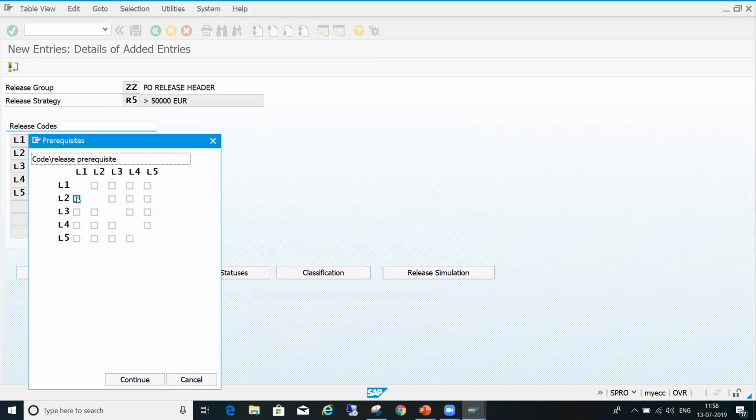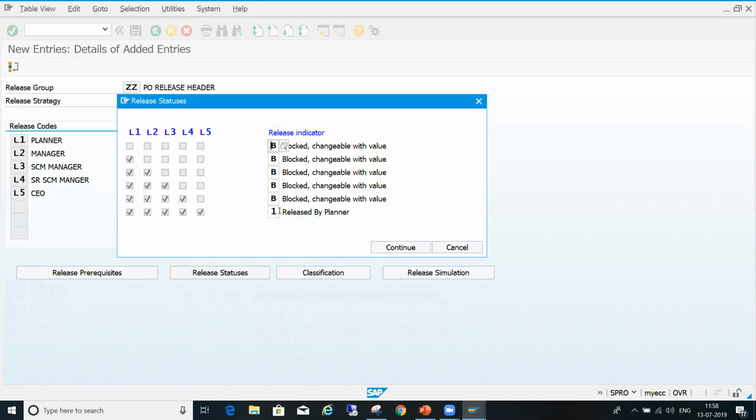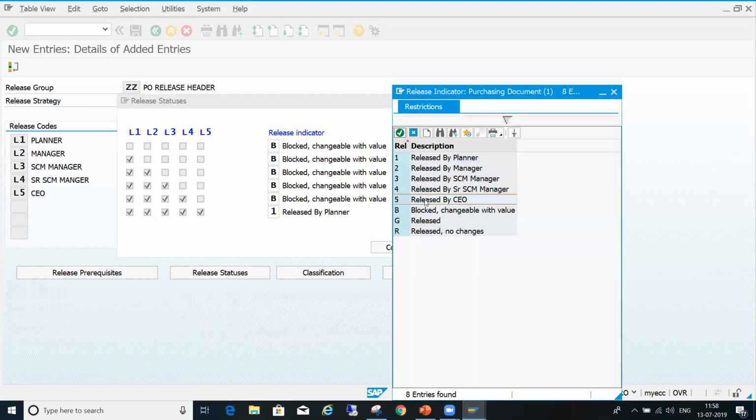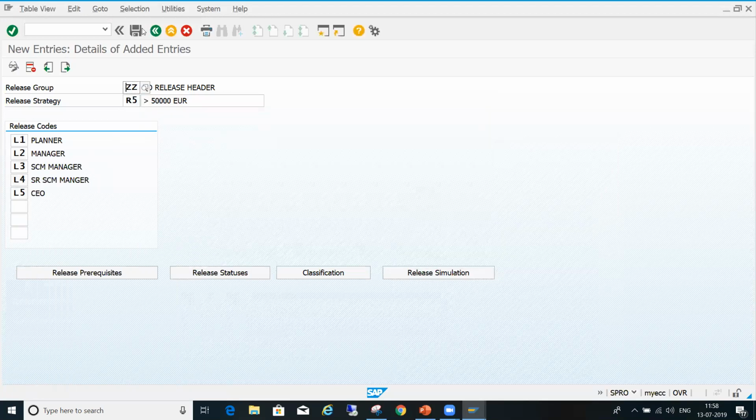You have to take like this. Continue. Release status: if all are released, it means released by CEO, you give this indicator. Continue. You have to save here.